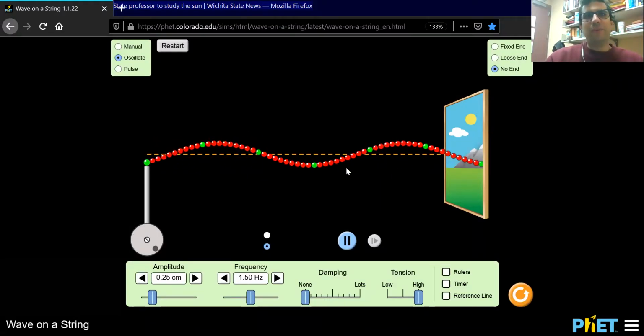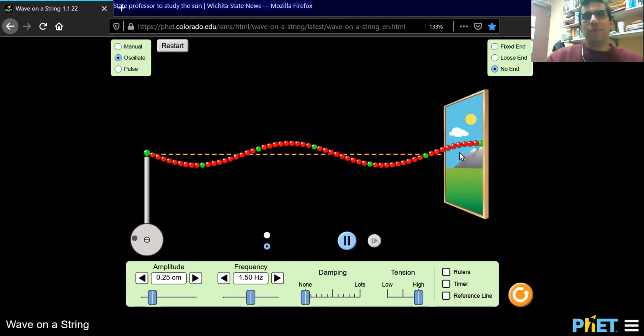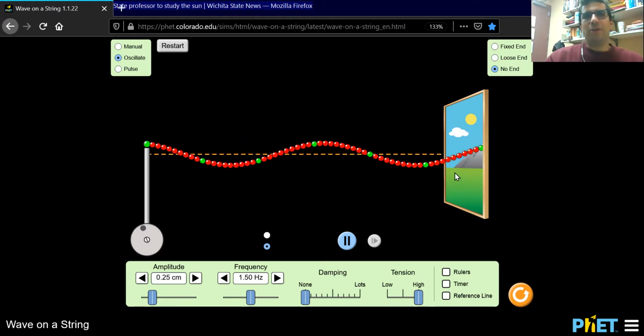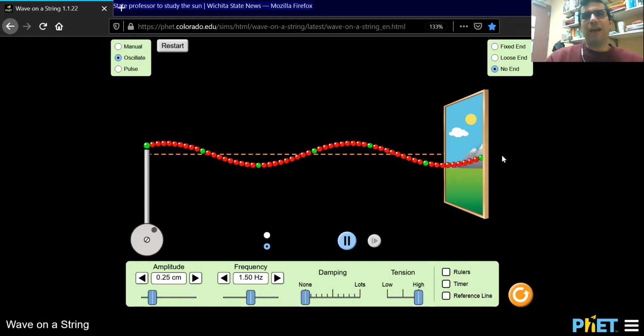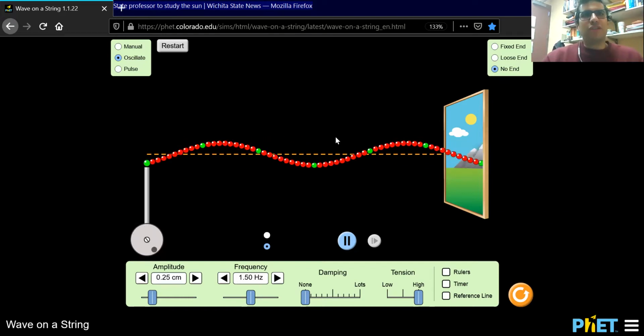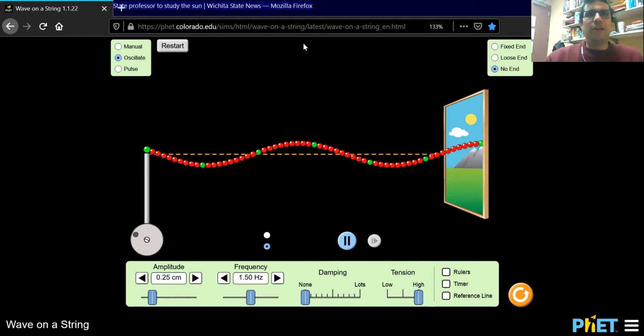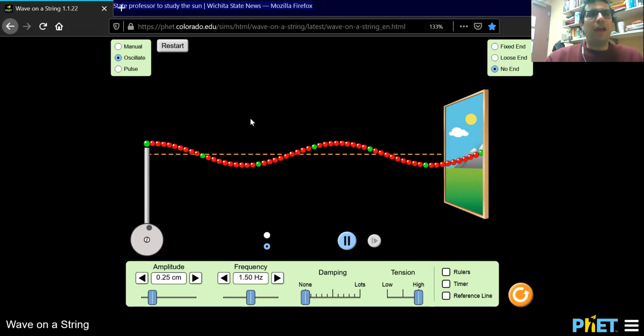So we have here a traveling wave, and there is no end to it. This is like a particle just traveling and not encountering a boundary. It's just going to continue. But this is what chapter 16 is, and it is described by the formula of the displacement for a